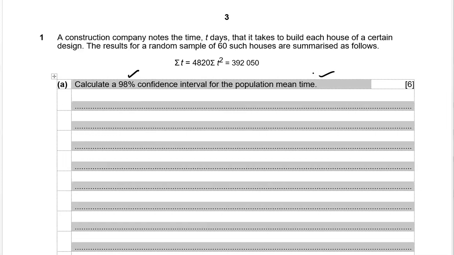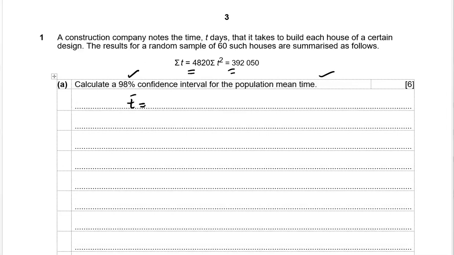So starting off, we have the sum of t given, and the sum of t square is given. First of all, we will be finding the mean, t bar, and t bar is equivalent to the sum of t upon n. So the sum of t is given, 4820, divided by n, that is 60. This is equivalent to